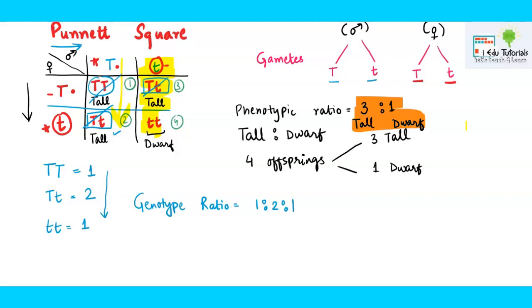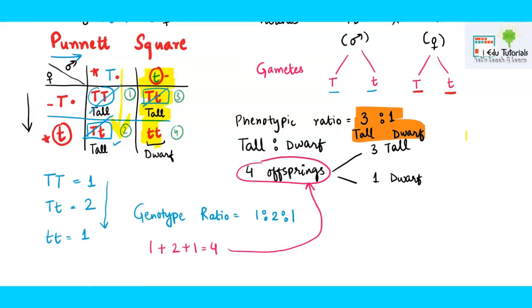Now how do you cross-check whether you have calculated it wrong or right? I said that the total individuals formed in this cross are 4. So if you add the numbers together, 1:2:1, that means if you add 1 to 2 and then to 1, you will get 4. That means you have taken every individual. You have not skipped any one. So this is the way to go about the cross-checking.